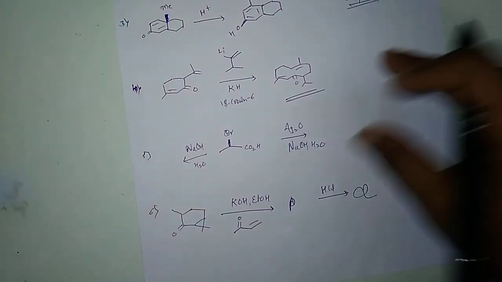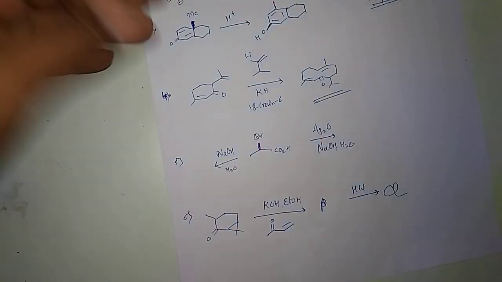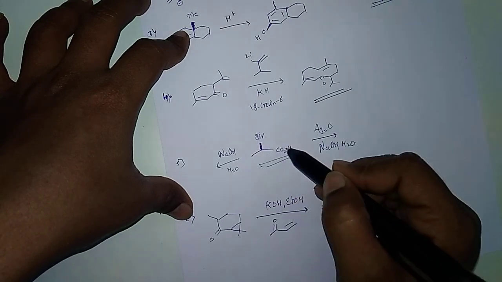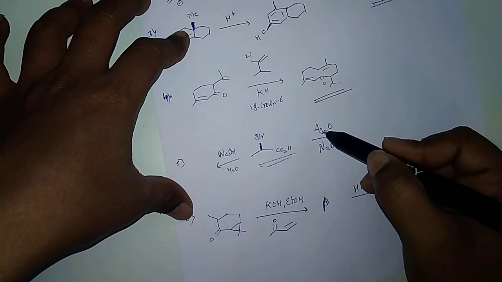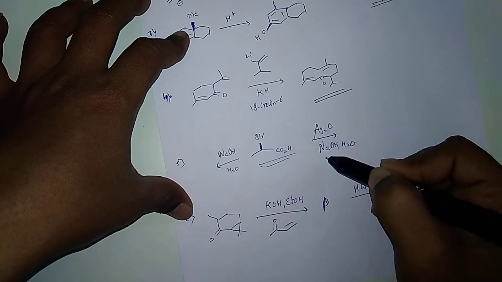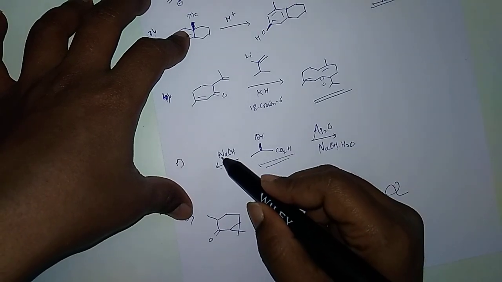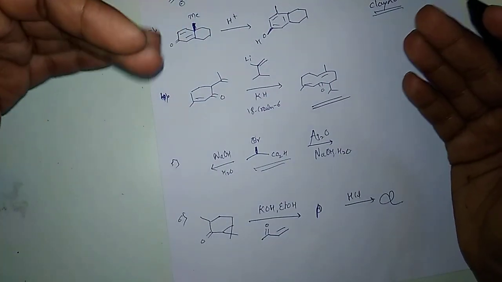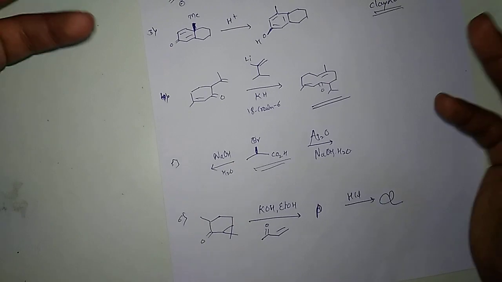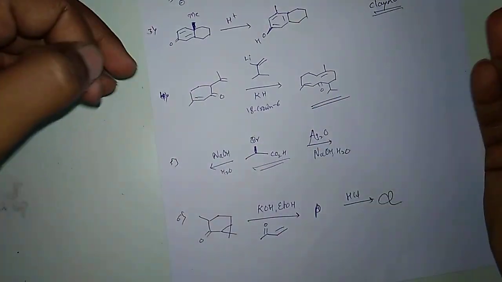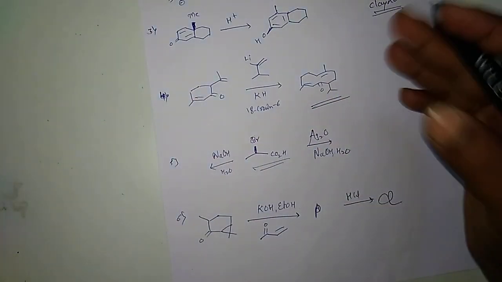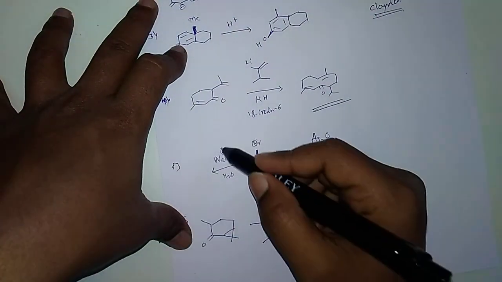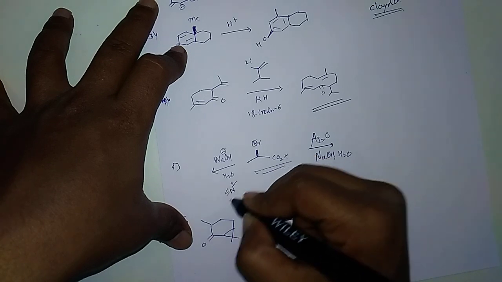Then the next question was very easy. This I think is a 12th level question. They gave you one alpha bromo acid, and in one condition there was silver oxide in NaOH and H2O, and in the other condition there was only NaOH and H2O. And the options were, right, in both cases the stereochemistry gets inverted, or one retention and one inversion. So how it goes, basically, if you start with NaOH, if OH minus attacks, this goes in SN2 fashion,